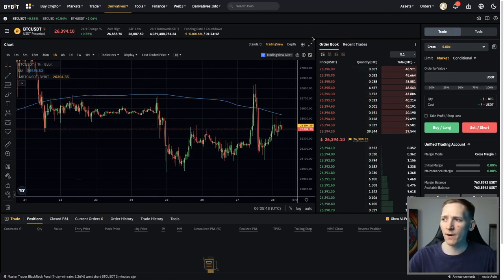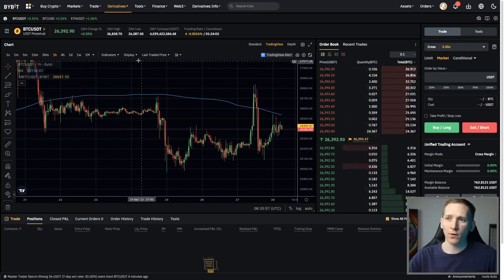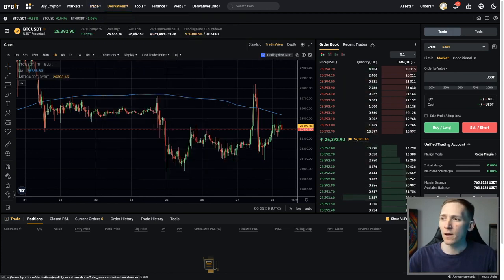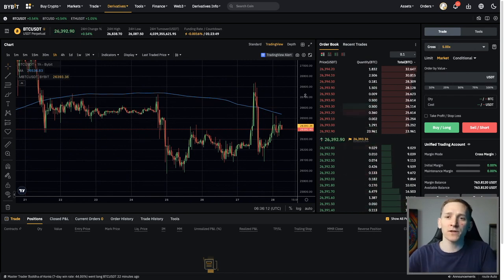Once we're in the derivatives trading platform, we have some options on how we can trade with leverage or just trade generally on the derivatives platform. Now, when you're trading futures, this is very different to the spot market because what we're doing is putting some collateral into our trading account to fund our positions. When we trade futures, we're not buying and holding crypto. We are just taking trading positions based on the price. So where we enter and where we exit, that is either a profit or a loss for us. And the way that we fund losses is through the collateral that we place. Any losses will be taken out of that collateral. And if we make any wins, then the equity of our account is obviously going to go in an upwards